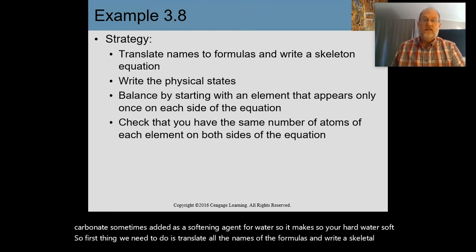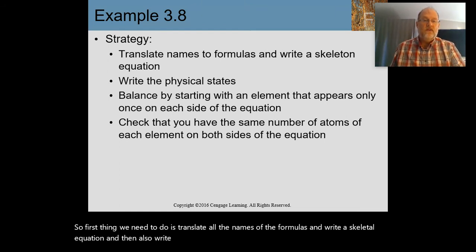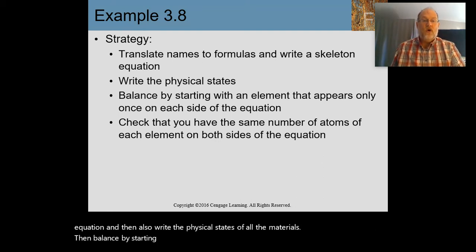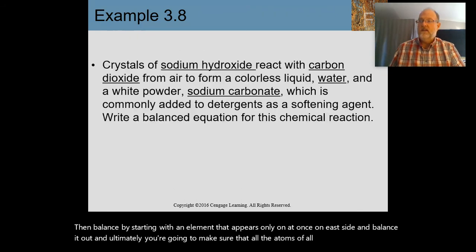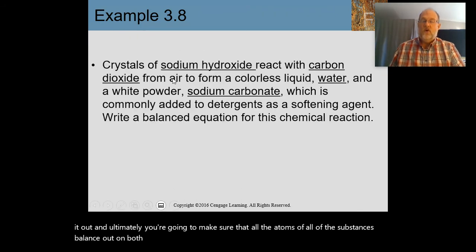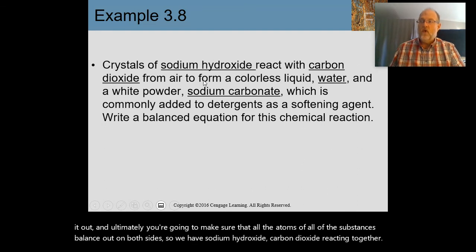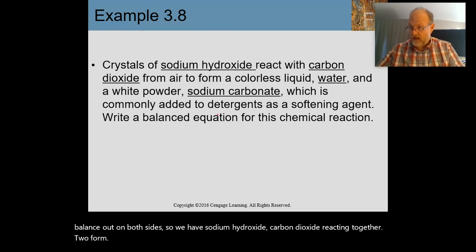And then also write the physical states of all the materials. Then balance by starting with an element that appears only once on each side, and ultimately make sure that all the atoms of all the substances balance out on both sides. So we have sodium hydroxide and carbon dioxide reacting together to form, that's my arrow,